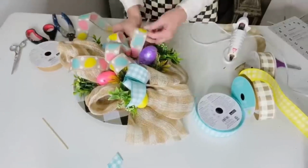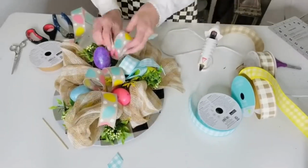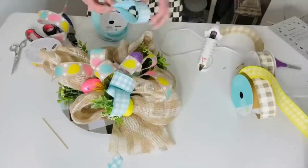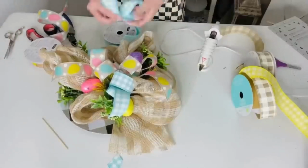I also am looking at it now, and I'm thinking I may go back in and kind of trim up the mesh just a little bit, maybe. I don't know. I do kind of like it looking a little bit messy and wild. It's kind of fun. And I didn't even think about how I'm also mixing the colors, the black and white